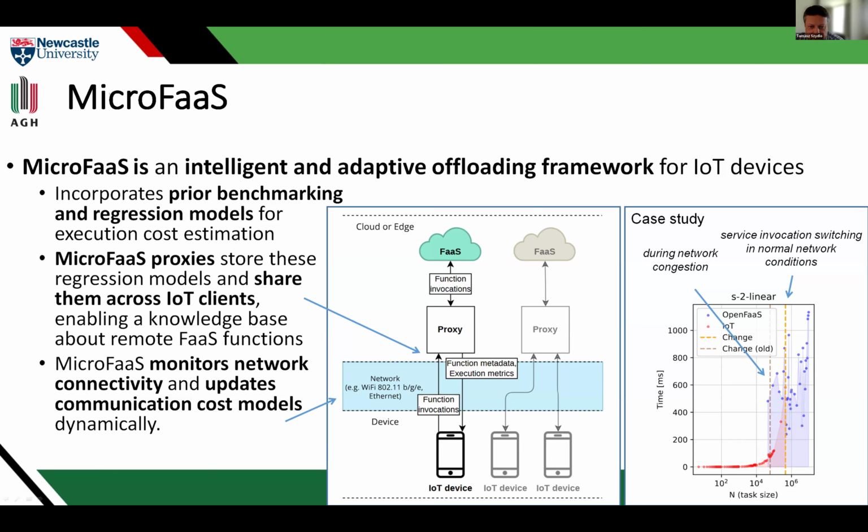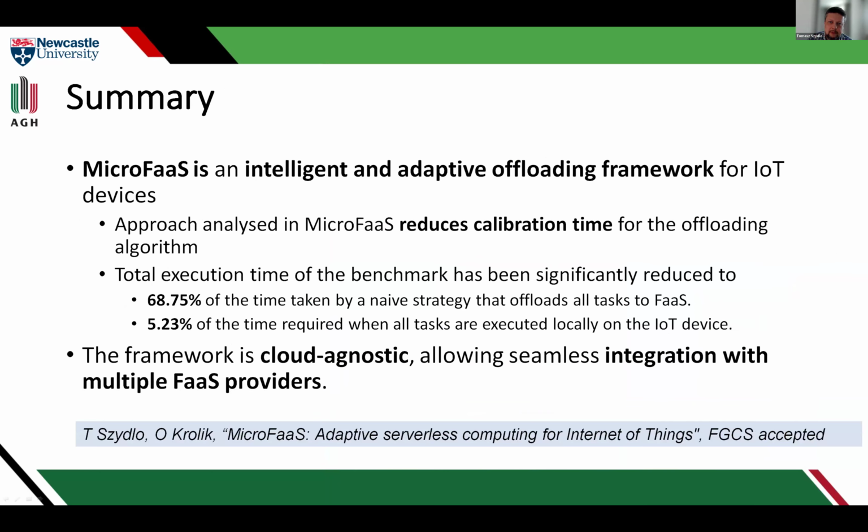So we can see two decision points: for the congested network on the right, and for the normal situation on the left. The difference is because the transmission time in the congested network is much longer than in ideal network conditions. So based on the network traffic, the agent on the device picks the proper time for offloading the task from local execution to the remote FaaS. To sum up,